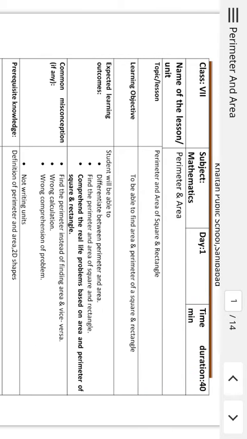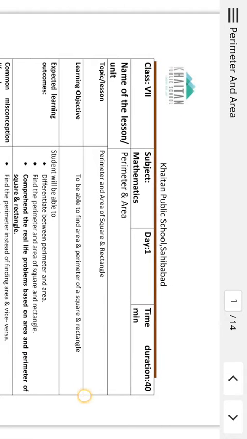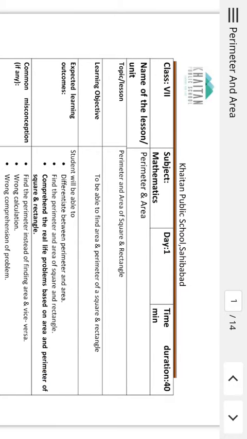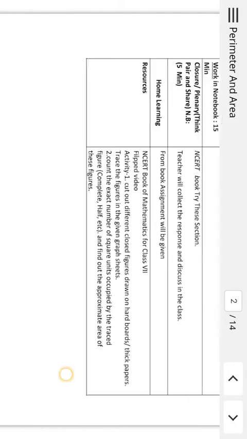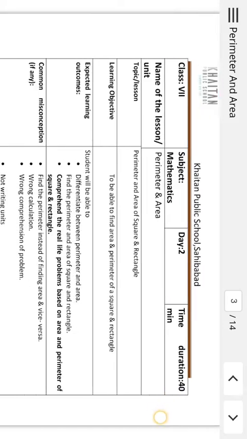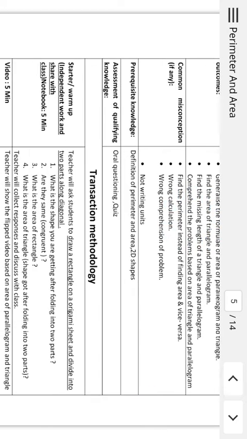Like see, it is powered by Khaitan Public School, Sahibabad. So friends, it is for the day 1 timetable or the schedule. Duration 40 minutes and what will happen in this 40 minutes, it is written here. This day 2, day 3 and so on.